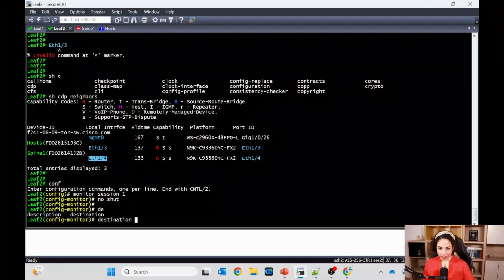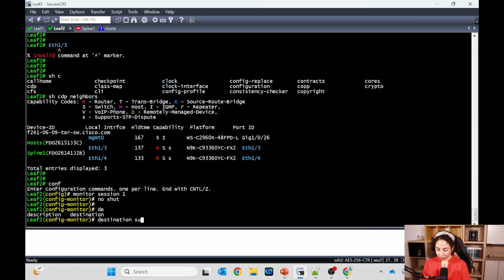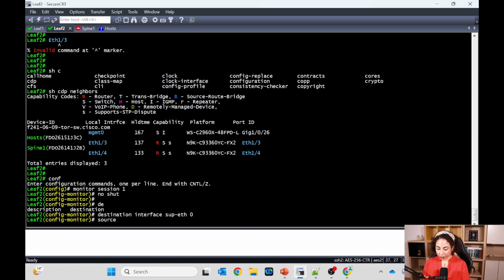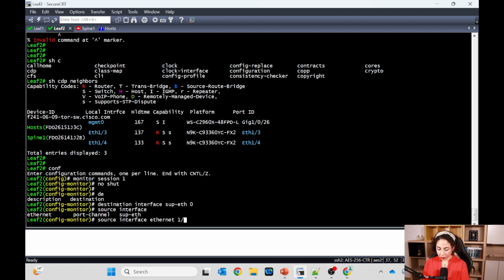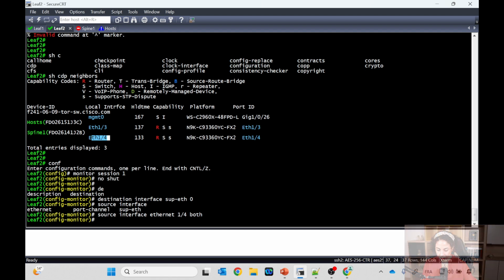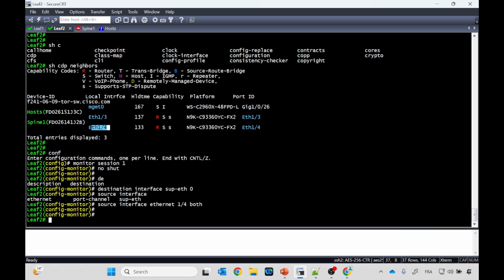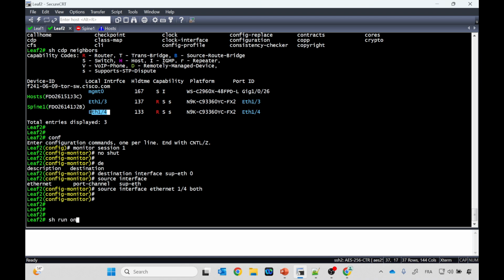This is why I need to configure a mirroring so that I redirect any traffic to and from the spine towards the SUP so that I'm able to monitor using Ethanalyzer. So the destination is the interface SUP Ethernet 0, and the source interface would be the one to the spine, so 1/4, which is this one, in both directions. So now that the monitor is configured,